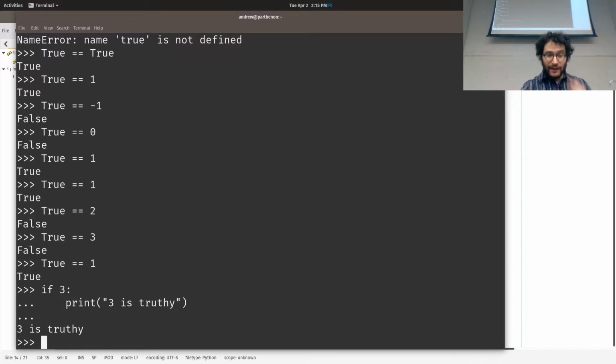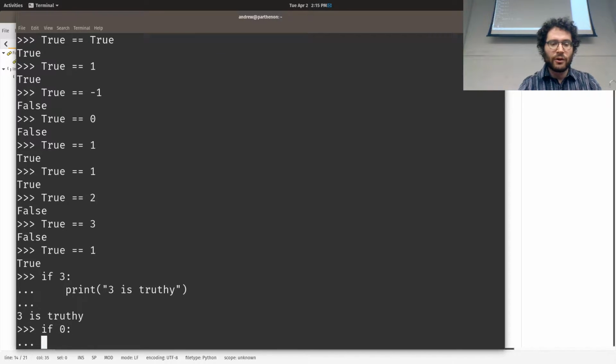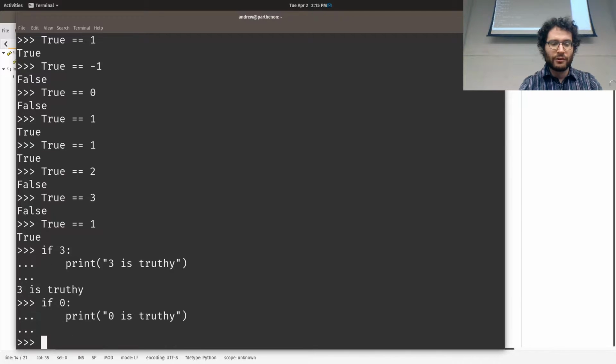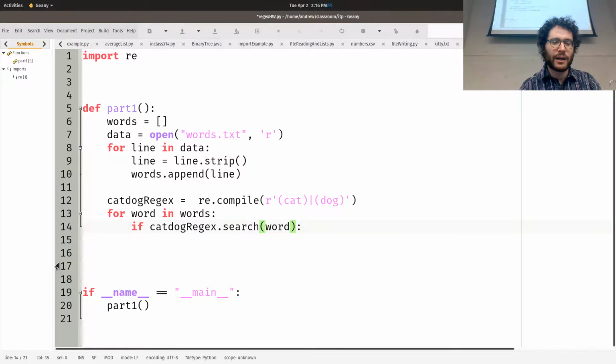So anything that's non-zero is truthy. So if 0: print 0 is truthy, and nothing prints out. So anything that's not a 0 is true. It's truthy. So if we put it in an if statement, it will evaluate to true. The only things that don't are, I think, None and